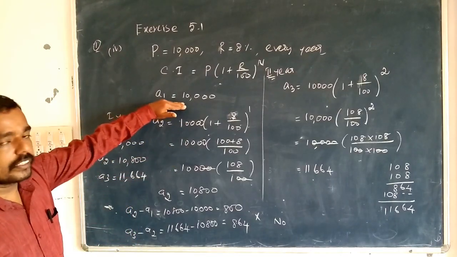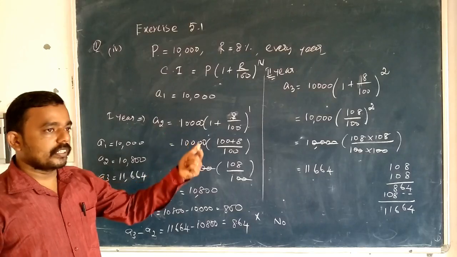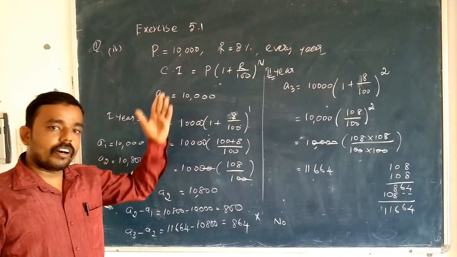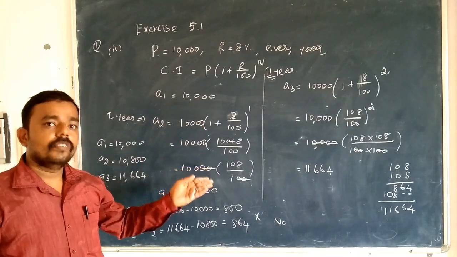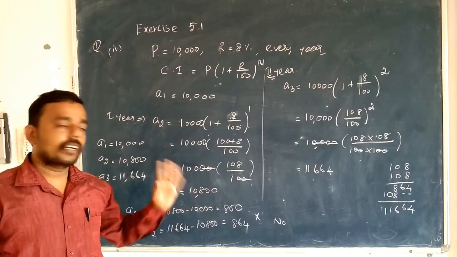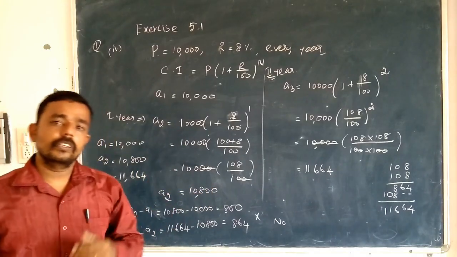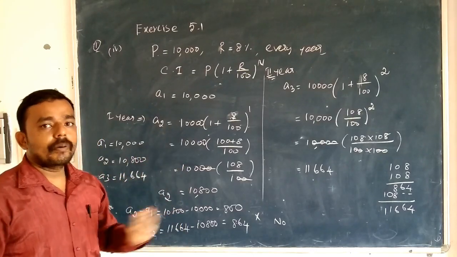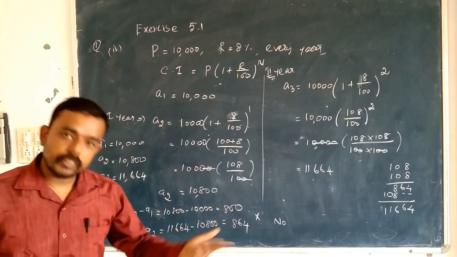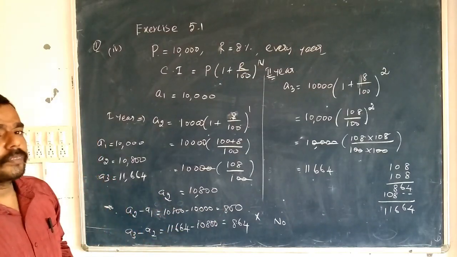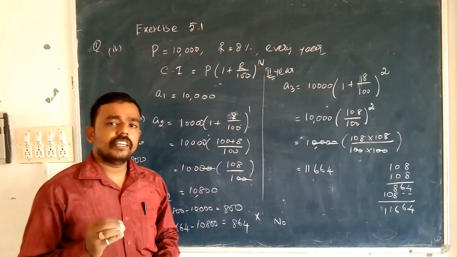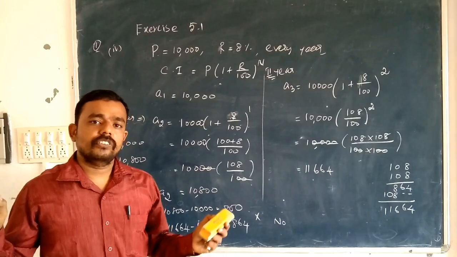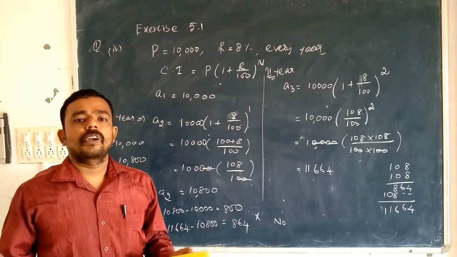First thing, A1 is 10,000. Second year simple interest, so 800 we can do. Additionally we can add. Then for the second year initial amount, for that we can find simple interest P naught divided by 100 and add. So like that we can do by principal interest, by simple interest also. So you know that compound interest never forms an AP and simple interest forms an AP, because in simple interest we are going to find only the interest of the principal money. Every year no change, interest is fixed.